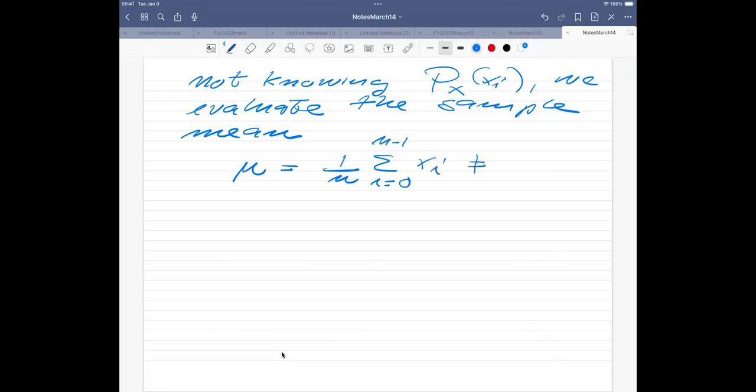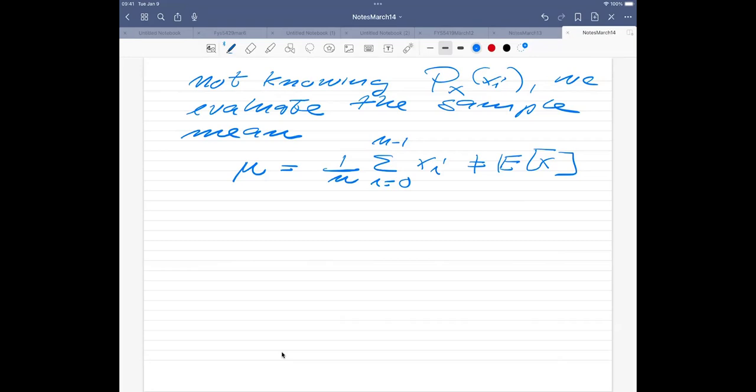And this is in general different from the true expectation value. Suppose you have the exact probability distribution, then you may not get a mean value which is equal to the exact one. What we are typically invoking here is what is called Bernoulli's law of large numbers. So in the limit where n goes to infinity,